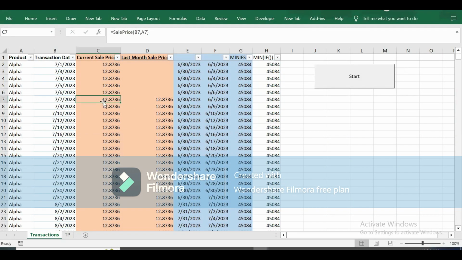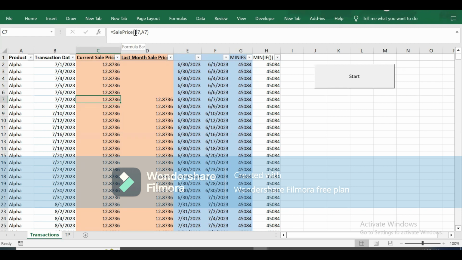So we are now progressing well with the customized functions, which any user can make. All you need is a bit of understanding of VBA. How does it work? We explained in our previous video how you can start developing your own functions, and they will be used just like Excel's ordinary functions, like sum, average, min, or max. So you develop your own function,